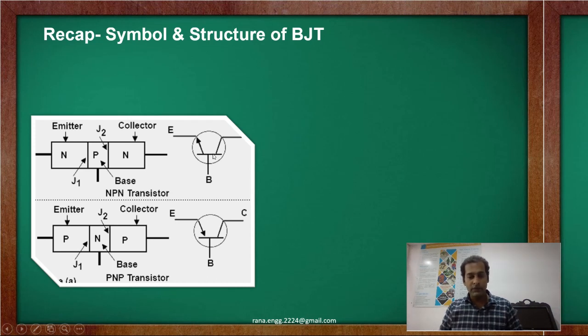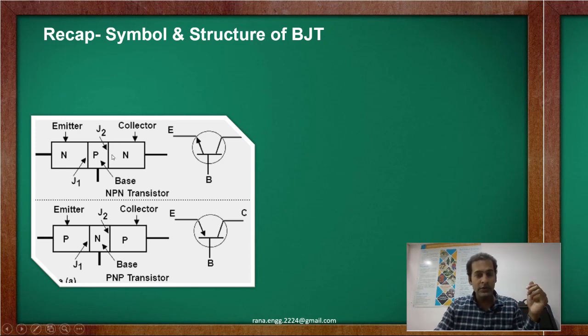Many students get confused between symbol and structure. Structure talks about the inner behavior, the inside working of a device like a transistor, how electrons and holes move inside the device. That is explained in the structure. Structure is about the material. So we have NPN, three extrinsic semiconductors which form a BJT, the NPN transistor. So this is the structure. Left side is the structure.